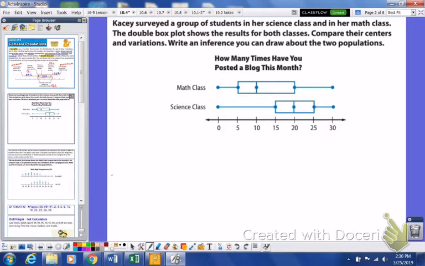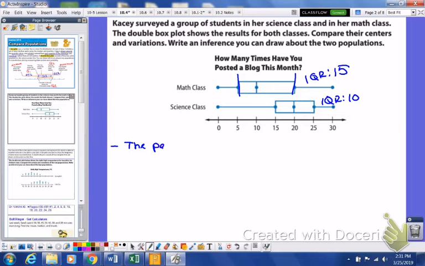But if we look at our interquartile range, we'll notice our math class, if we draw down, goes from 5 to 20. So our IQR here is 15. Versus the science class, we go from 15 to 25. So our IQR here is only 10. So we can use that as an inference. I will also notice the majority of the data for your science class is 15 or higher. 75% of the data is 15 or higher, versus 10 or higher or 5 or higher for 75% for your math class. So overall, some inferences that we can draw from here